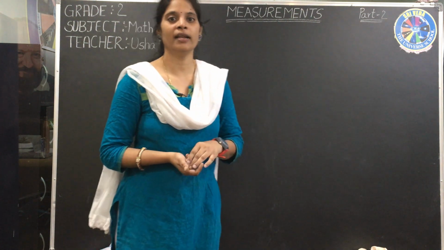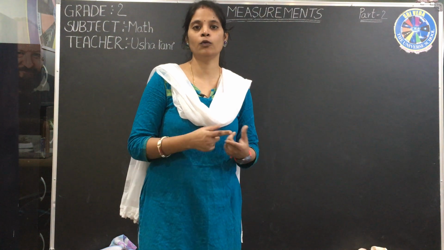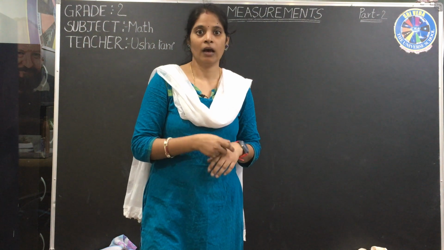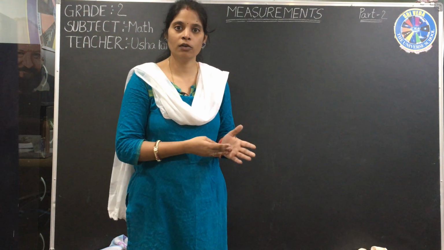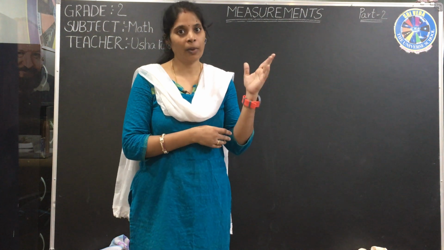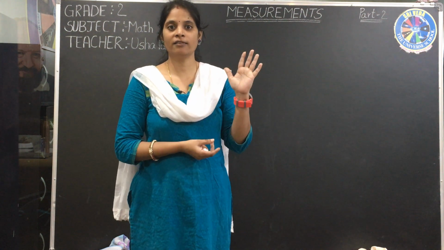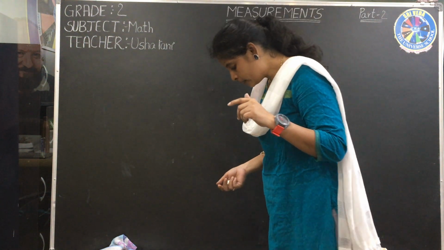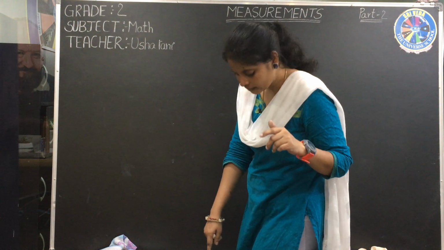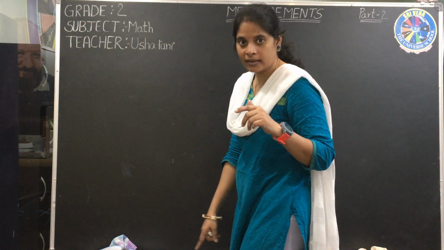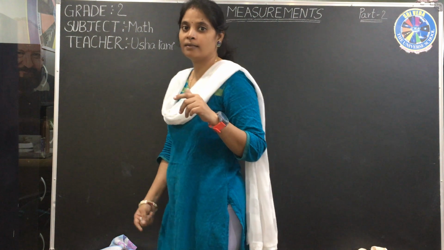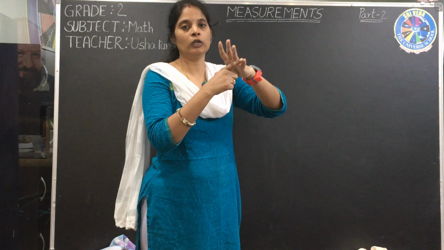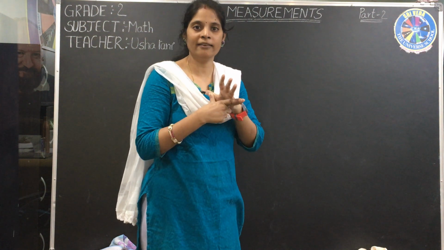In our previous class, we learned how to measure lengths without using measuring tools. We measured using foot, hand span, and arm span. How do we measure with a foot? We place foot after foot, and there is no gap between two feet. Like this we will measure with foot. The distance between the thumb and little finger is called a hand span.